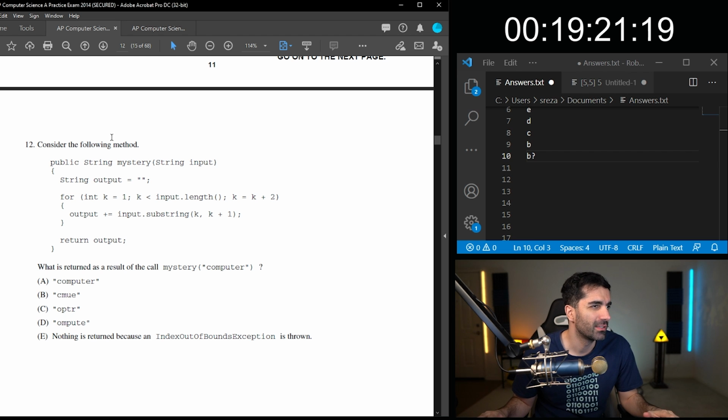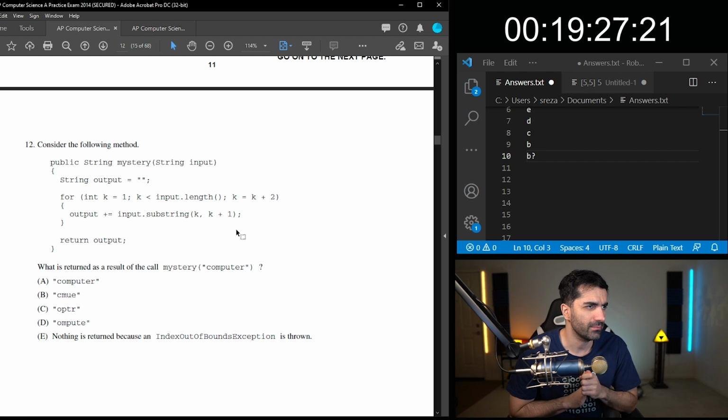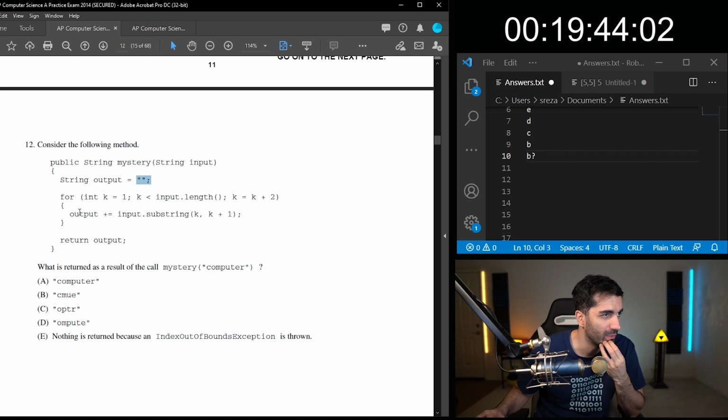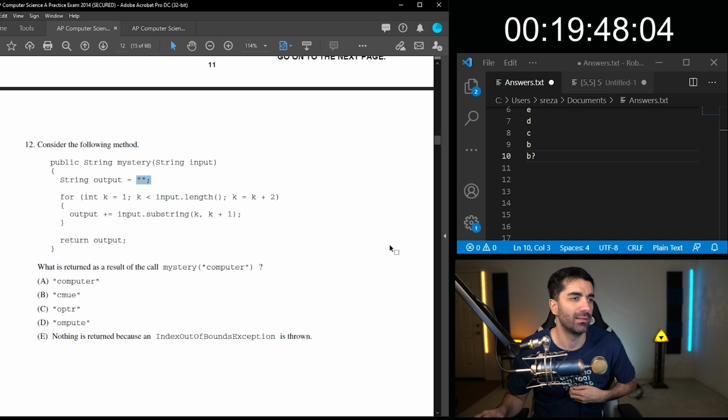All right, consider the following method. What is returned as a result of the call to mystery computer? So if we're passing in computer, the string output equals... is that a space or just an empty string? Okay, that's an empty string. For int k equals 1, k is less than input.length, k equals k plus 2, output plus equals input.substring(k, k plus 1).